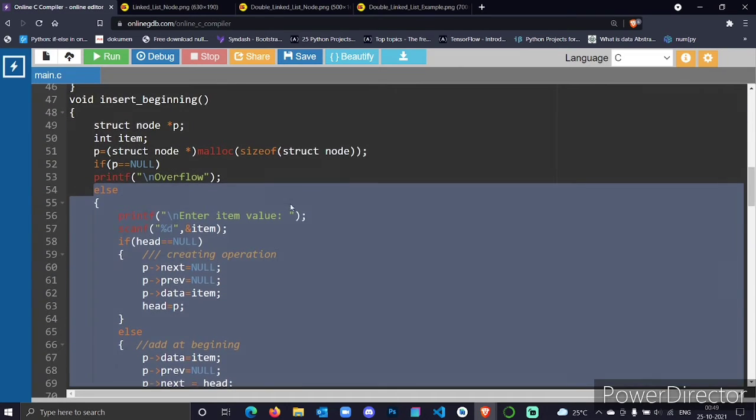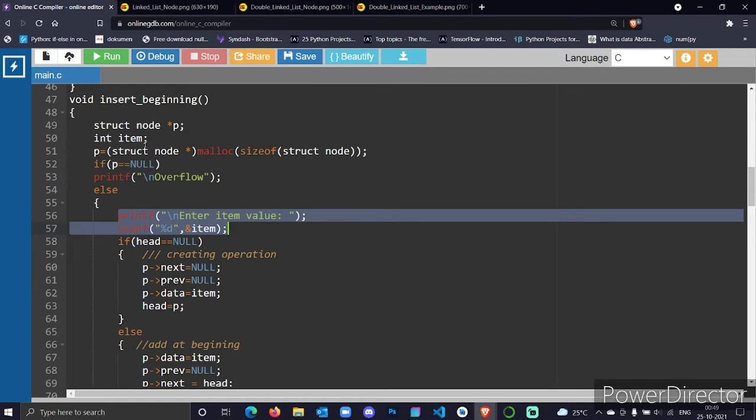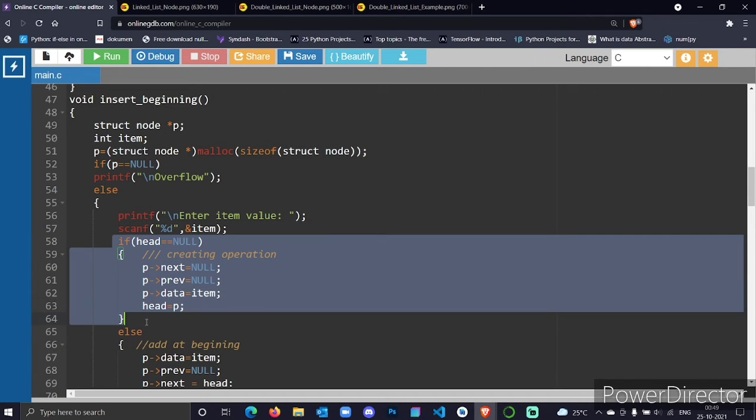Here I'm just declaring an integer variable with the name item, printing "enter the item value", and collecting the data from the user. And this part is basically performing the creating operation, which is nothing but